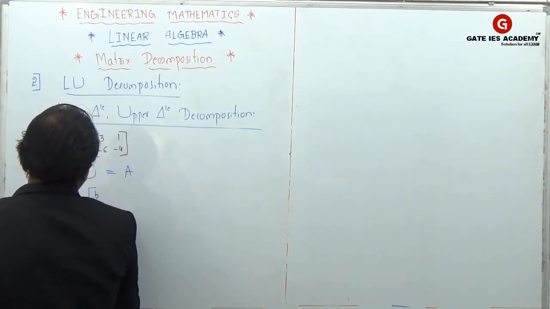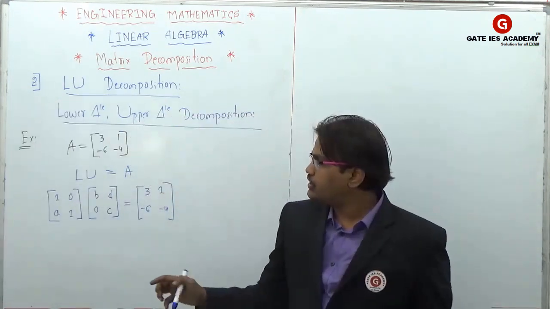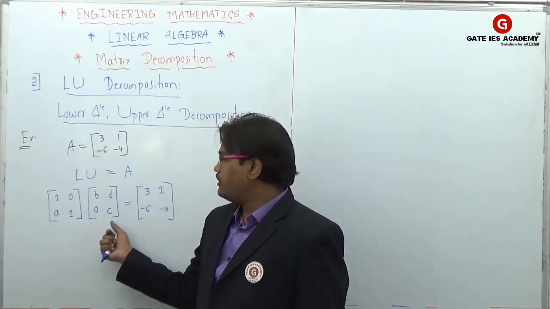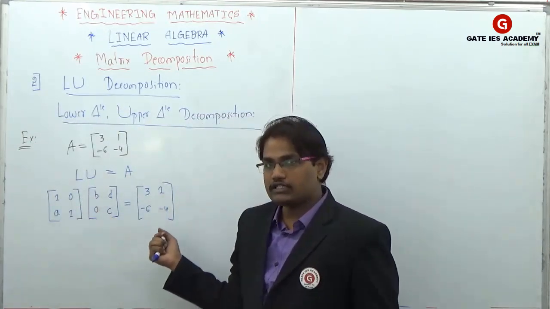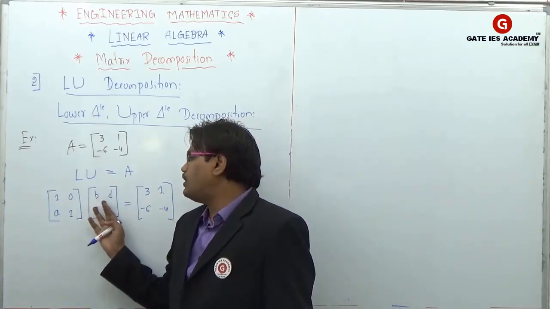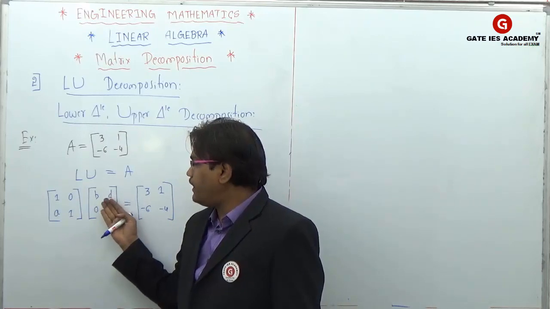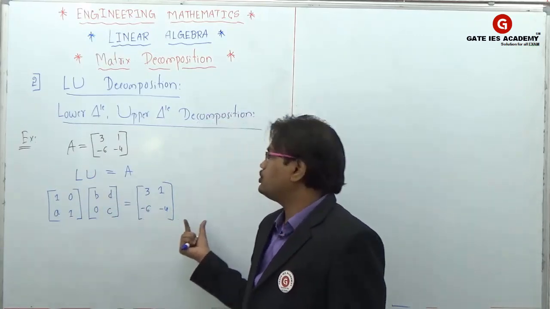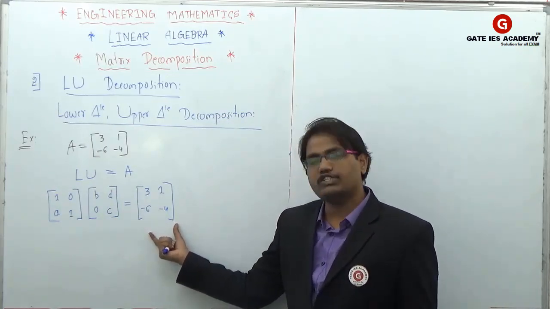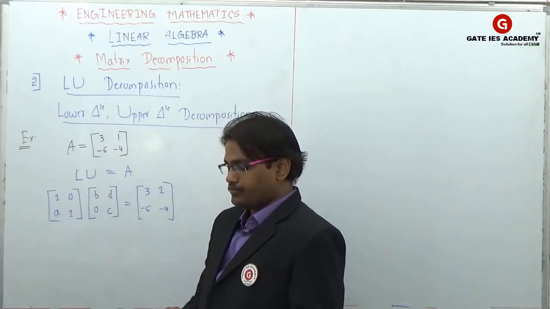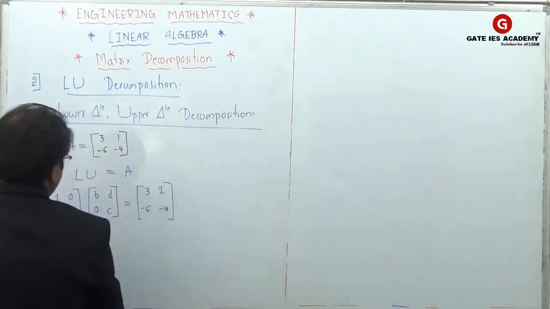So A is there, B and C I will take in the upper triangle. So this is how to write the LU method. So 1, 1, A, and here the diagonals are also unknowns B and C, and above the diagonal also unknown, and below the diagonal will be 0 for the upper triangle. So this must be equal to 3, 1, minus 6, minus 4, which is the given matrix. Now multiply and equate.